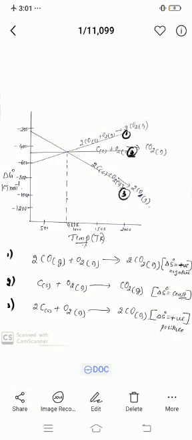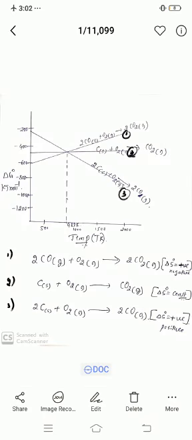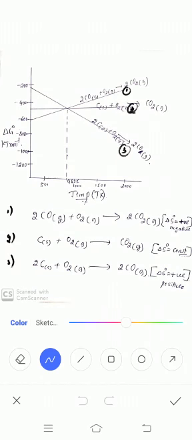And one more thing regarding reduction of hematite ore into iron: we have reducing agents. We can use carbon as well as carbon monoxide. At lower temperature, carbon monoxide behaves as a reducing agent. At higher temperature, carbon behaves as a reducing agent. Why is it like that? See here, at lower temperature, the carbon monoxide delta G naught value is less than that for the formation of iron oxide. Hence, carbon monoxide serves as the better reducing agent.